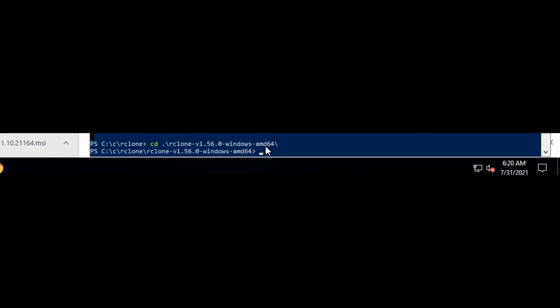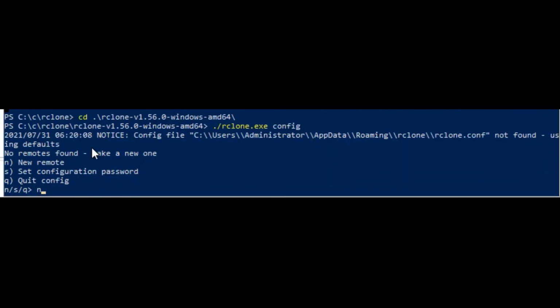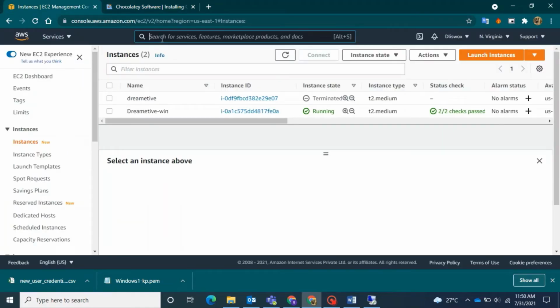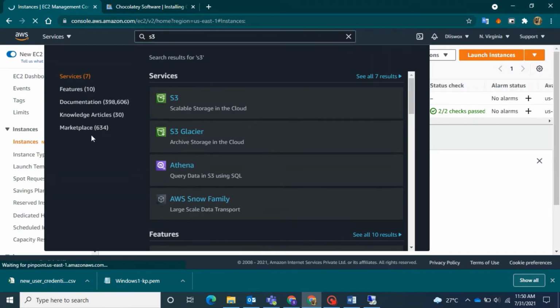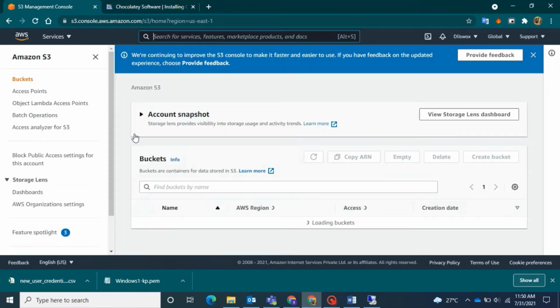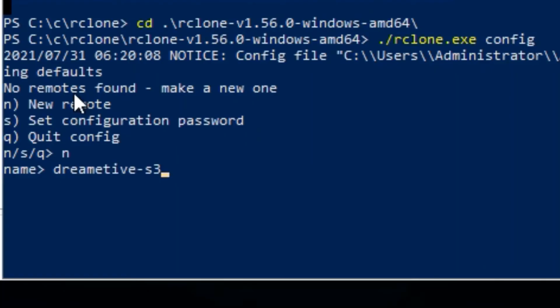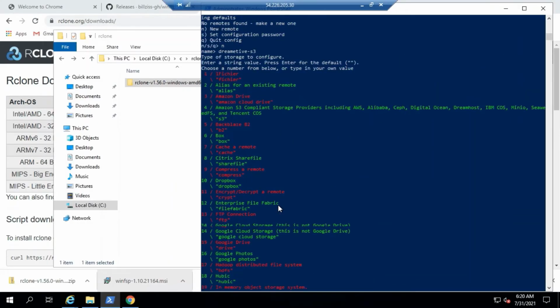Sometimes unzip doesn't work, you might have to install it, but to just reduce that task, you can just do this and then cd to your Rclone, the unzipped file that is inside the folder, and just go inside the Rclone, and from there just go to S3 because we are going to mount it, and copy the name. So now giving that command, you can see I've given remote, new remote,